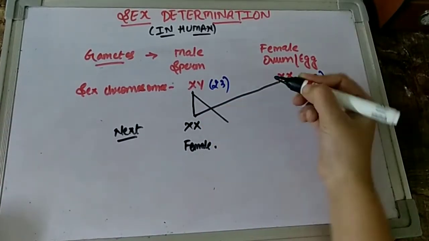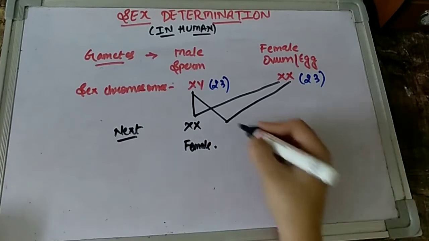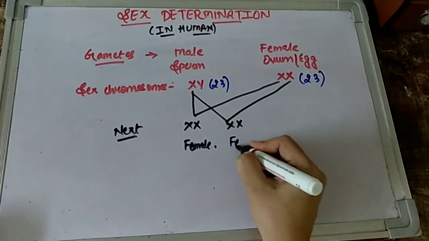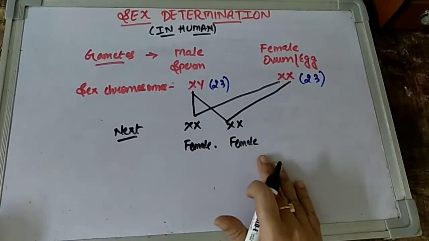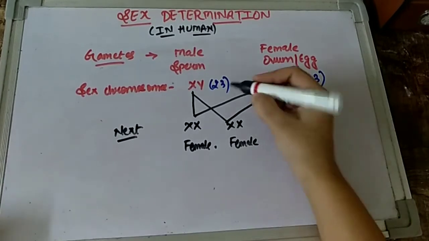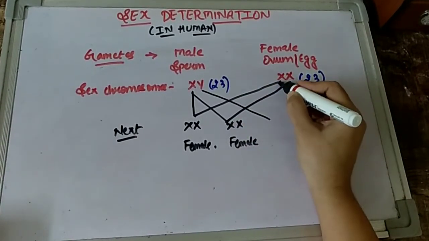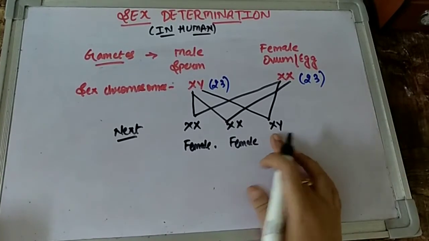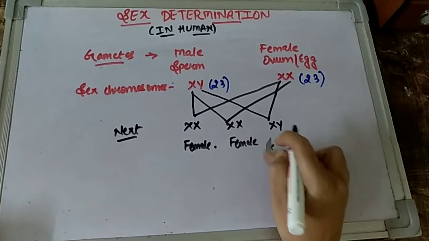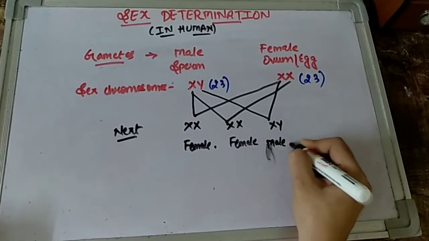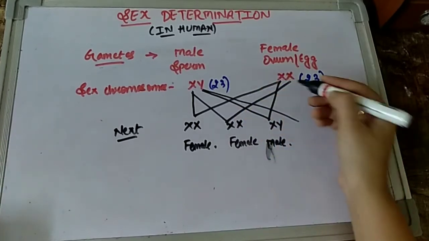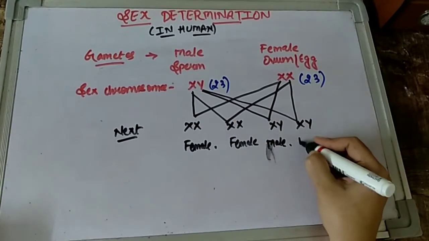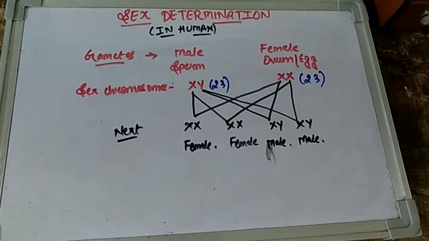If this X of the male, children, fuses with this X of the female, again, what combination are we going to get? Again, XX. What will this combination give rise to? It will produce progeny which are female. Again, if this Y from the male fuses with this X of the female, what are we going to get? An XY, and in such a condition, children, we are going to get a male. Let me write down a male here. And if this Y fuses with this X of the female, again an XY, and this XY is again going to give us a male.